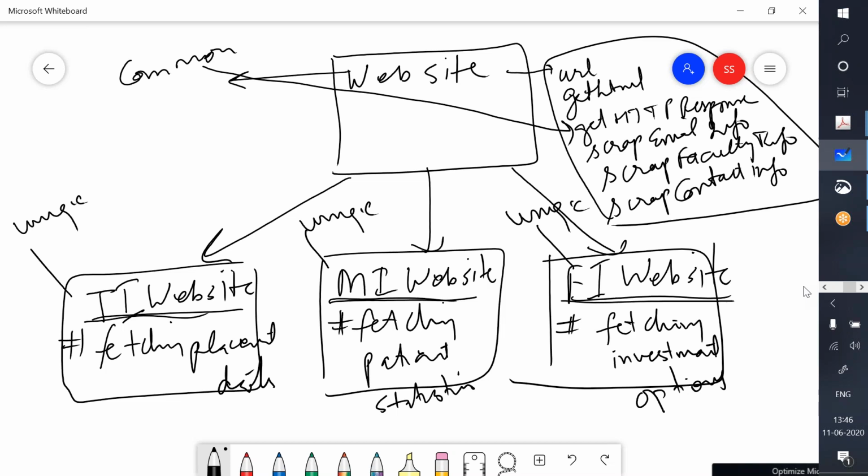So please note down this, and I'll also show you the sample content, just the structure of the inheritance hierarchy, but try to focus on the functionality of these different functions. Like I mentioned, you need to write functions for scrapping email information, or scrapping faculty information, or scrapping contact information also.